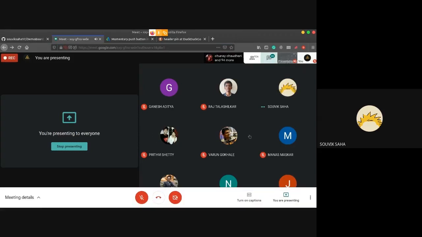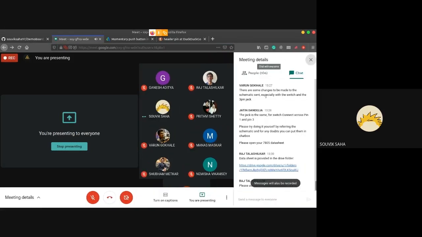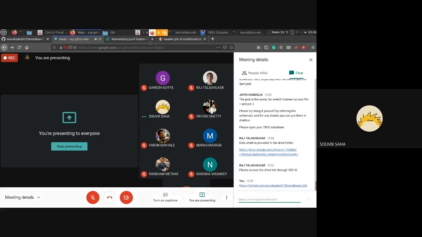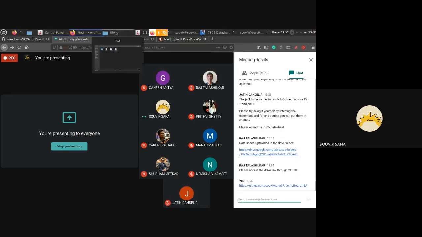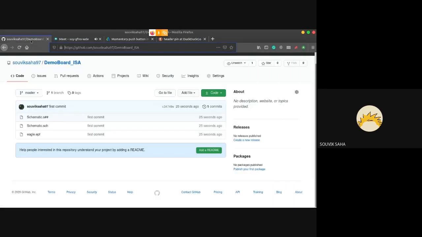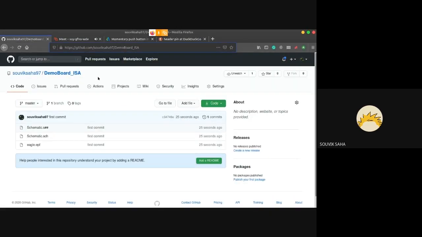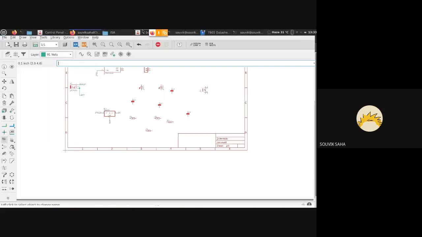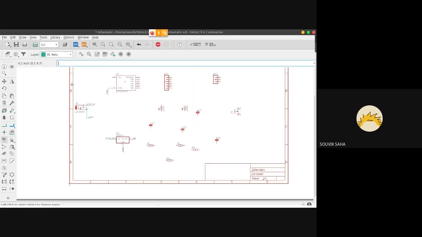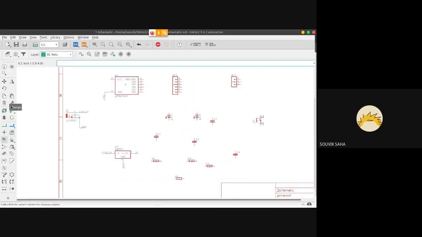We'll be sharing the repository with you later, so I don't need to rush. If you don't understand what GitHub is and what it is doing, no need to worry or panic. We'll be sending some documentation on GitHub and videos on how to use it later. So for now, I want everyone to just finish the schematic as in the picture that has been shared on WhatsApp.